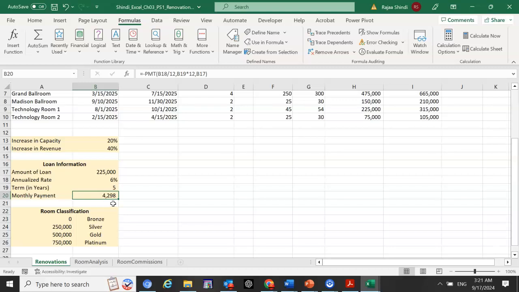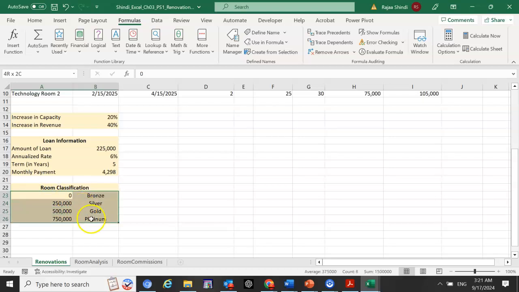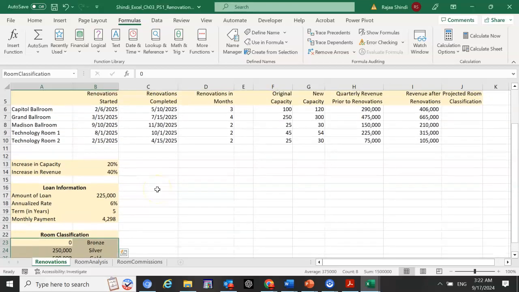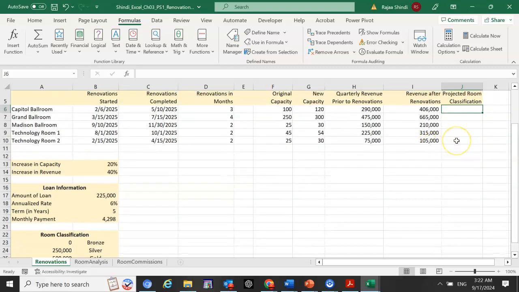Okay. Step 7, I'm going to reference this table. So I selected the range, and I'm going to create a named range, room classification. Let me make sure it's 823, so define the name, room classification. I will be using this range in the next step as a reference. So for projected room classification, C, it's right here, so I'm going to just reference it using the named range, using the VLOOKUP,